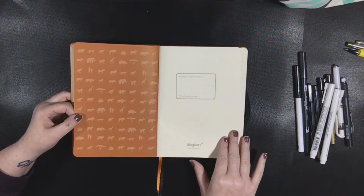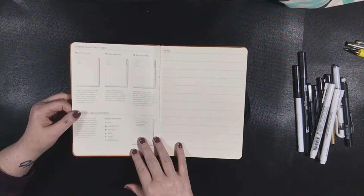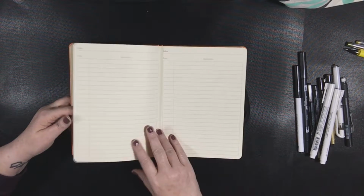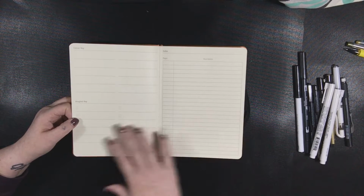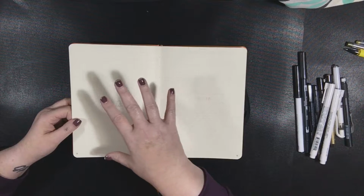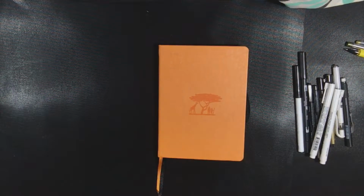they are all recycled. And then it's got the fun little page here, and you've got your "this belongs to" if found page. And then it also gives you a little bit of how-to and a place to do your key tab, and then your index and your color key, your Dingbat key. I usually don't use these pages. It does also go into a place for future logs, and it's got the little marks, so you can do it however you want. I don't use a future log like that,